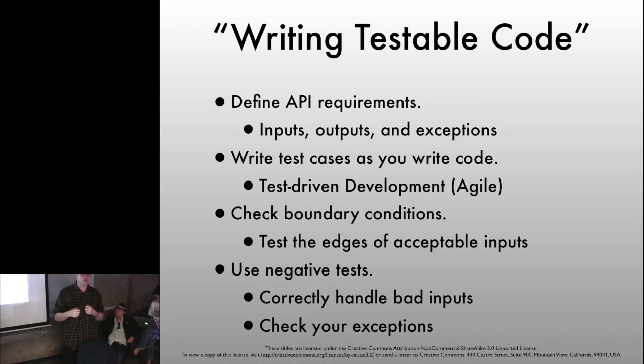And here's some of the guidelines for writing code that's testable. First, define your API requirements, whether you do it on paper in a documentation or just a comment in the source. Define the inputs, the outputs, and the exceptions that your code can generate. Java has the throws declaration, which runtime exceptions are excluded from that. Java is a step closer in that direction, but